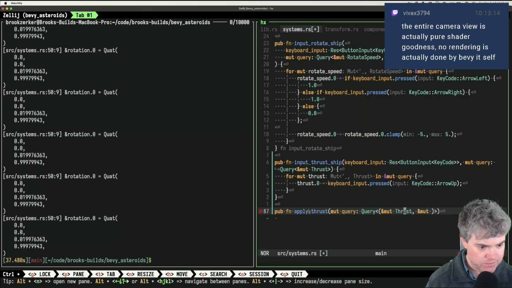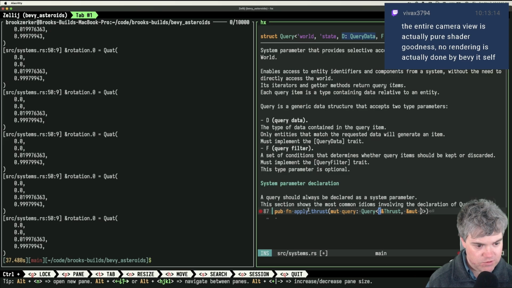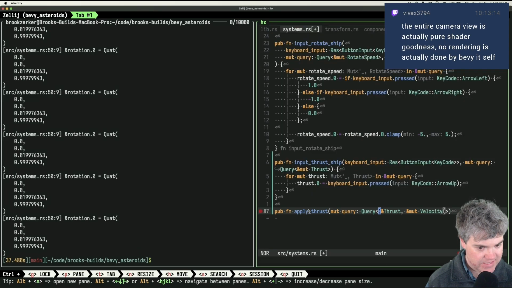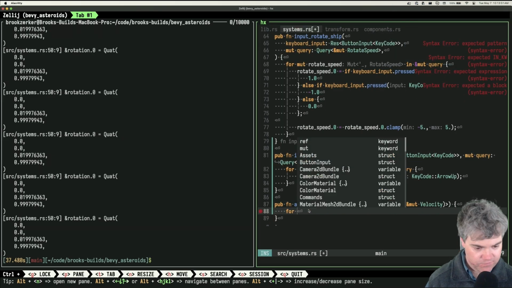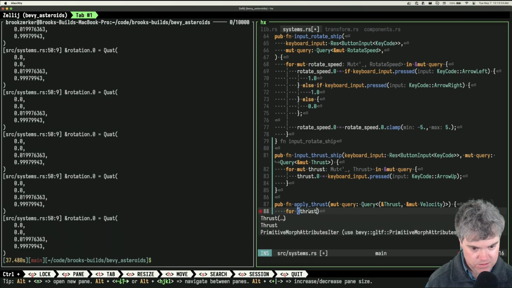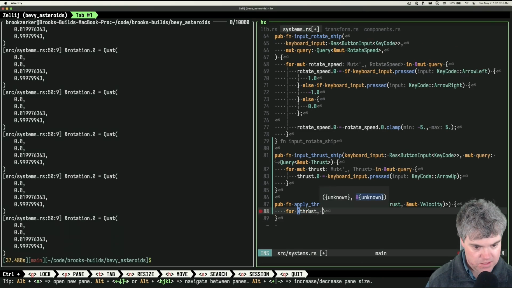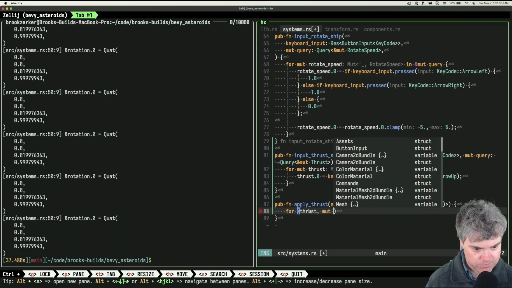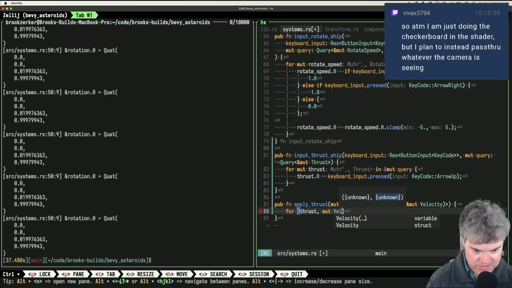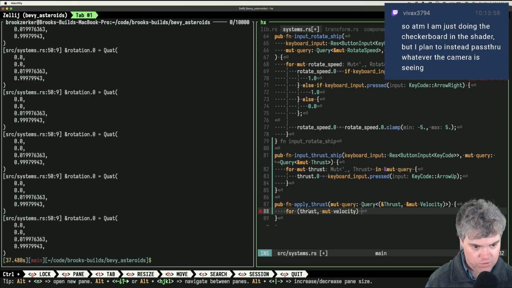Okay, so actually I don't need mute thrust. I just need thrust like that. I do need mute velocity like that. Okay, so we're going to do for thrust and mute velocity in query.